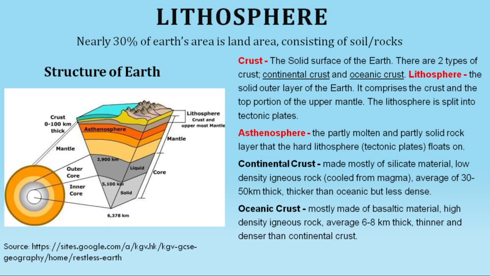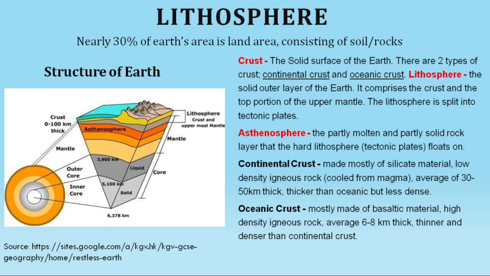The mantle region or mantle layer ends at a depth of 2900 km. It is semi-solid in nature. Below the mantle region is the core region, the inner layer of Earth, and this core region is further divided into two parts. There is the outer core, which is liquid in nature, and it starts from a depth of 2900 kilometers and